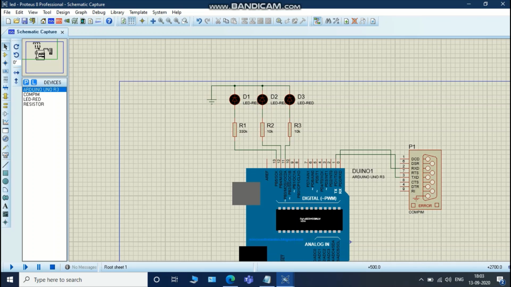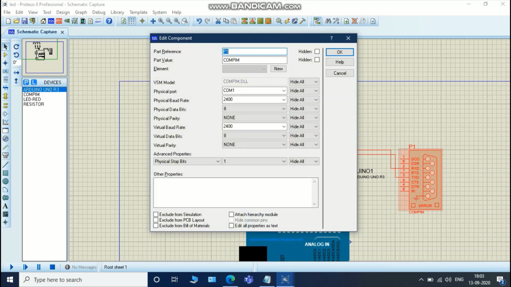Okay guys, after giving the connections, double click the COM pin. It will open the property window. Now change the physical port to COM3. Then change the physical baud rate and the virtual baud rate to 9600. Select OK.